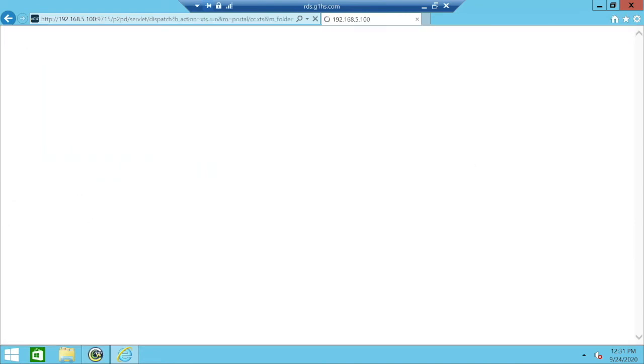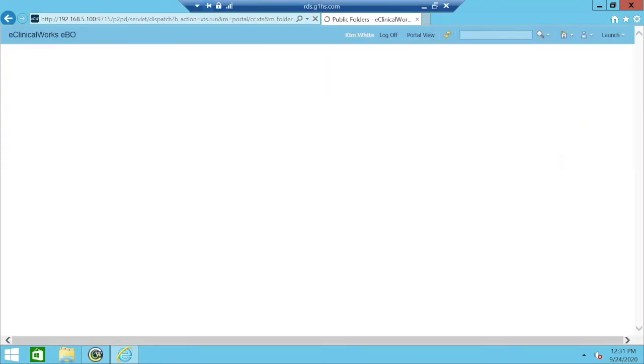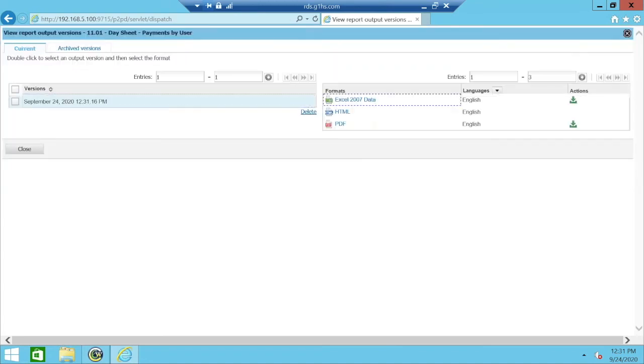I'll say OK again. And then when that report is done running in the background, you will see a difference here in that there's this multi-piece of paper icon, and you don't see that on the others. So once that report is run, that's the icon that you're going to see. A lot of times when people run reports in the background, they then want to know, without going through the configuration and advanced settings further, how they can get to that report or know that it's run. So underneath the actions, they would then click on the output version icon,